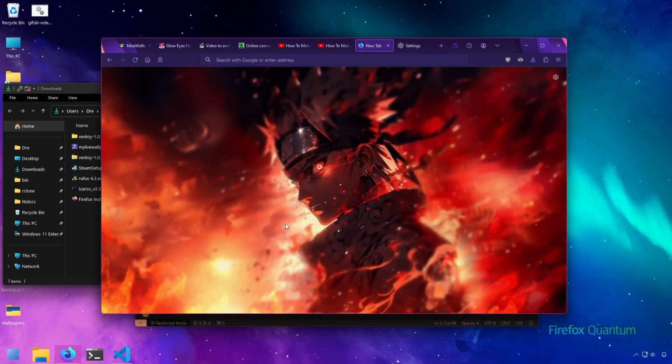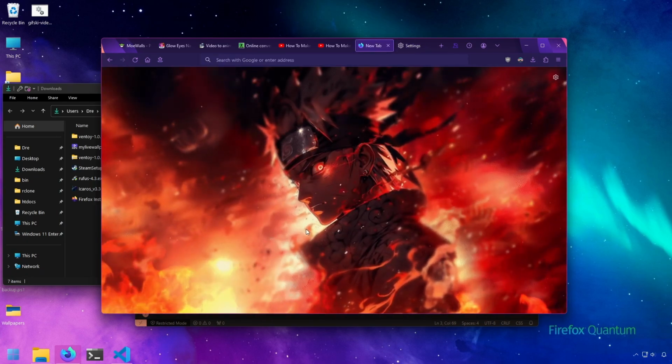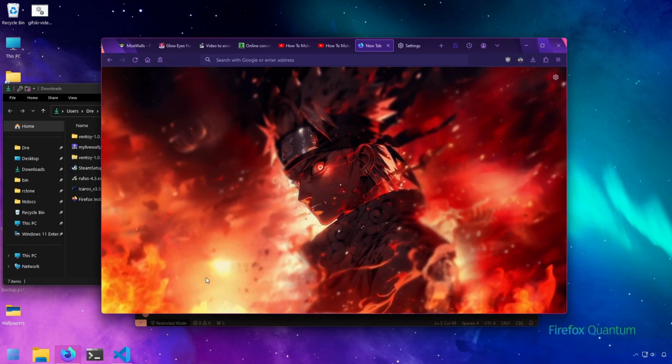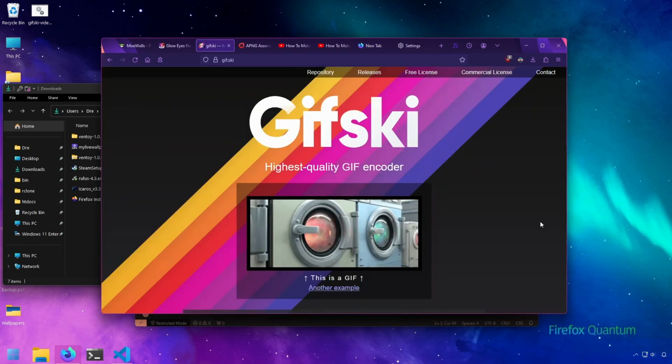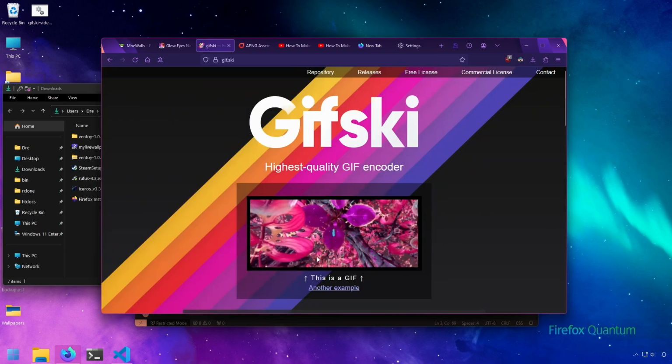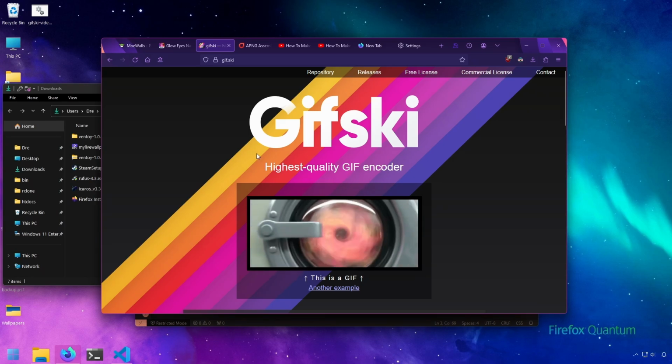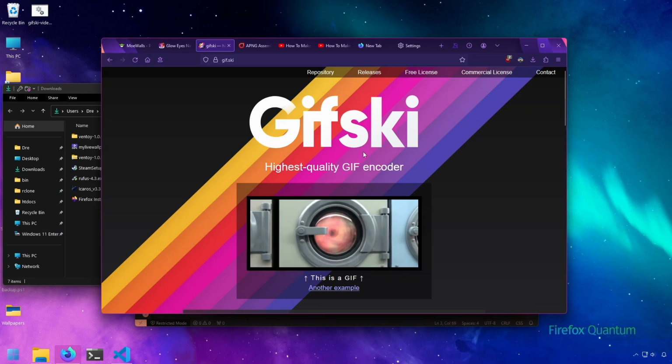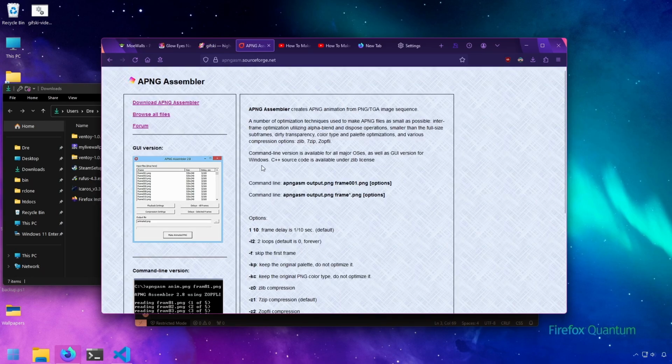Now this is nice and all, but it's not the best quality and the frame rate is really bad. I'd like a higher quality, better frame rate image. You can use a program like gifski in collaboration with FFmpeg to turn video into high quality animated GIFs, or a program like APNG Assembler